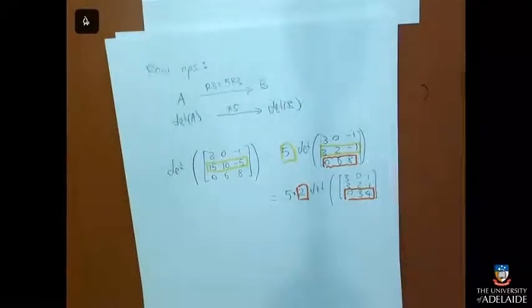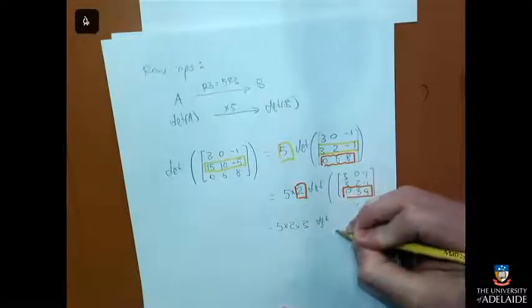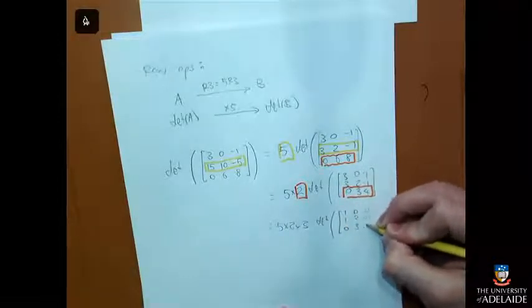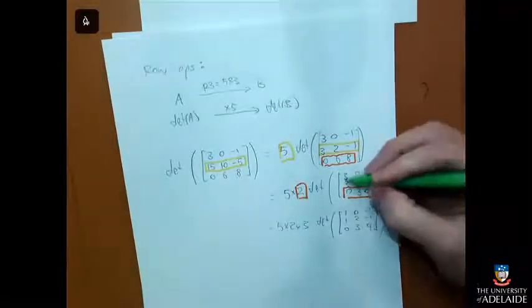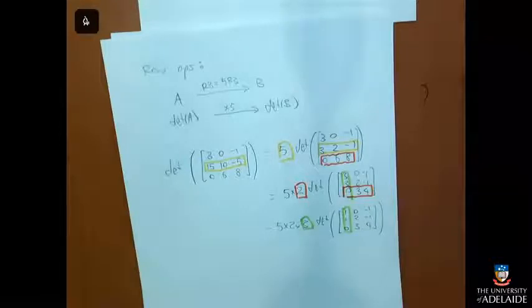But I can do one more if I was really paying attention. You can do it with columns just as much as you can do it with rows. So I can look at this column, that first column, I can pull the 3 out, if I so desired. So I could do that, happily as long as I like. And the reason you might want to do that is that you might feel a bit more comfortable working with multiplication when there's 1s instead of 3s, because your multiplication will be a little easier to do.